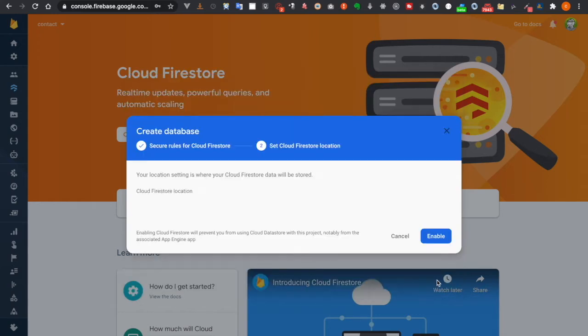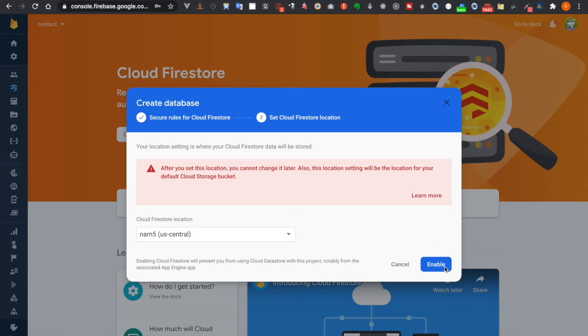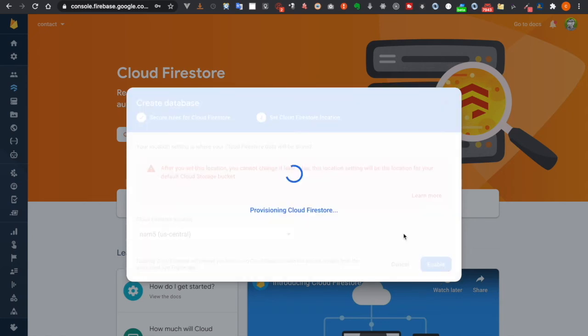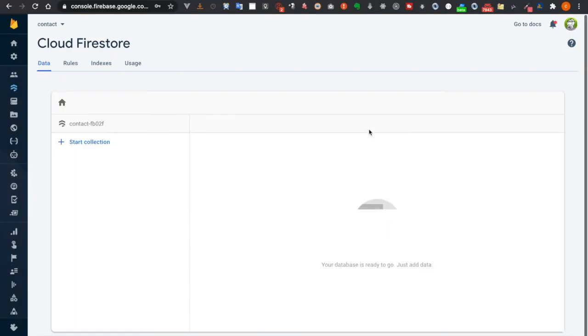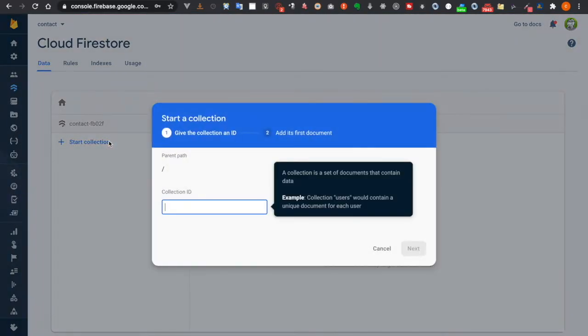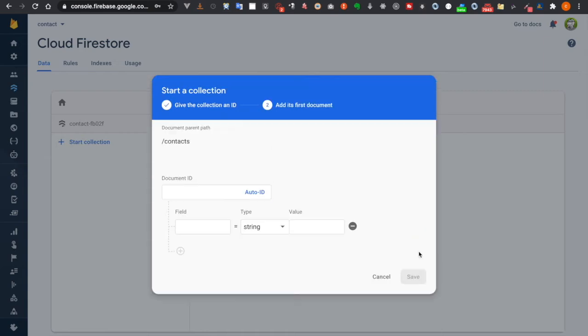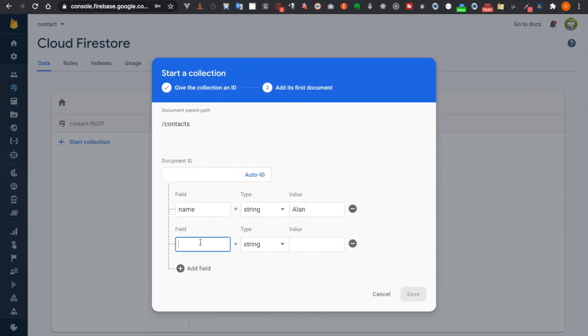So we click next and then enable. And then start the collections and then we add contacts. And then click next. And then we type name and then Alan, and then we add another field. And this is phone numbers. And then we type